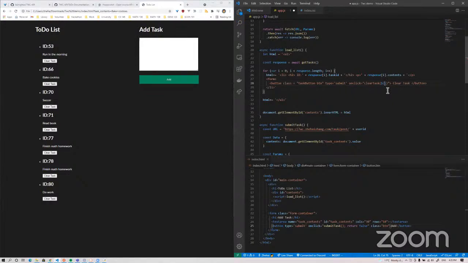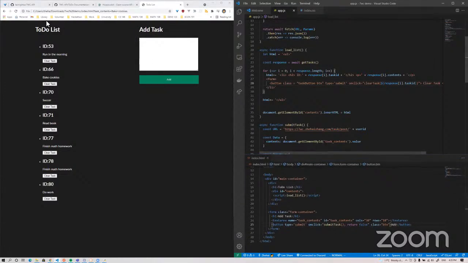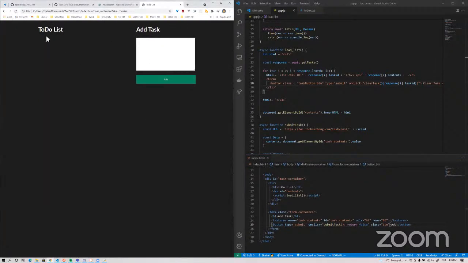It actually highlights up in VS Code. That's the reason why we're using it. And I'm going to take in response at i.task ID. You'll see what this does in just a second, because when I refresh,